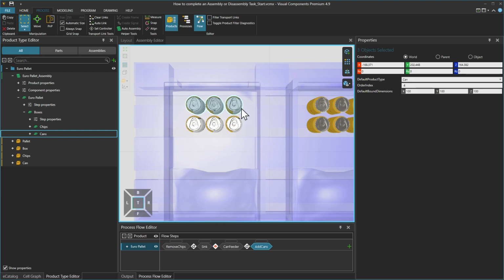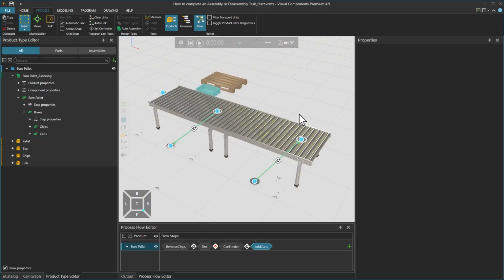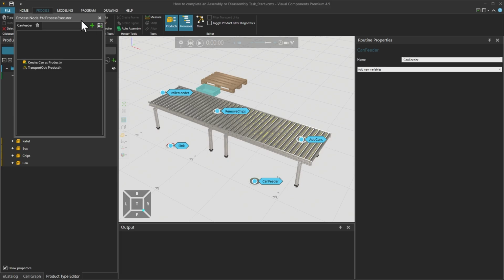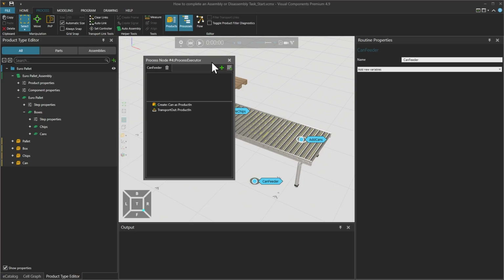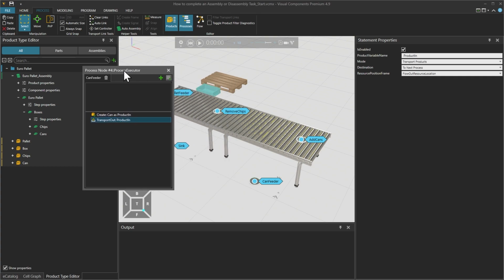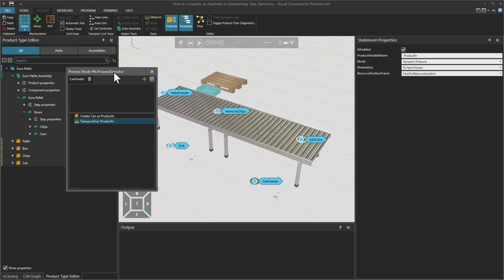based on product availability. Then closing the assembly editor, and in the processes view, opening the can feeder process, the statements here, every time it is possible for them to perform a task, they are being executed right away. There is a can being created, and then it is transported out. And then right away, a can again will be created, so at the moment there is no delay. And that's why there will be parts available if there is a request on the other side for multiple cans.